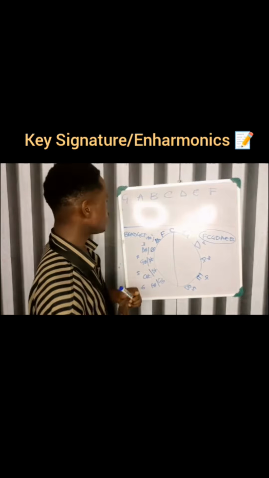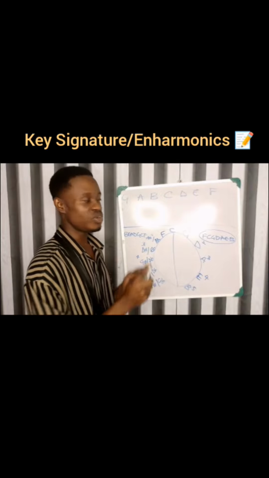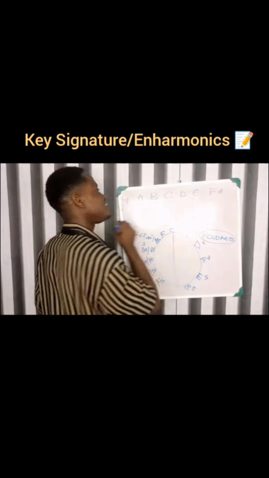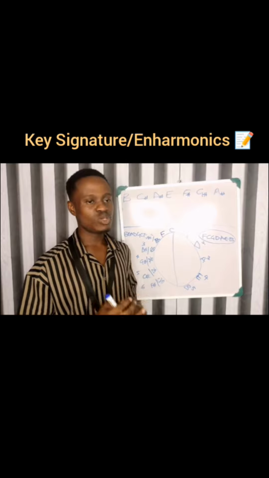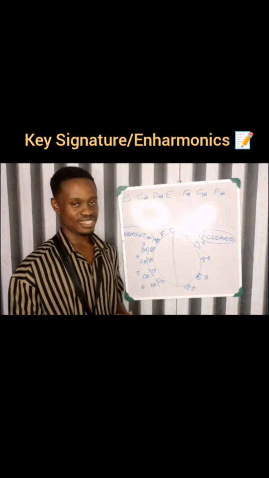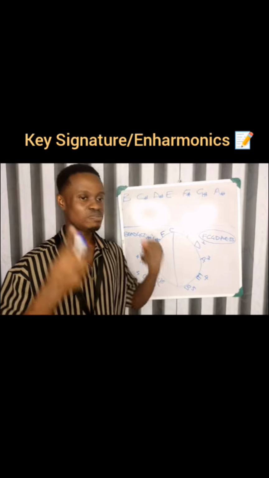Alright, so having known that, we know our G will have only one sharp, and the sharp would obviously be on an F. So we just go to an F and include the sharp. And this gives you a G major scale. Very simple. Let me attempt explaining enharmonics. Most people would call a B a C flat. Alright, so the reason why it is preferable you call it a B